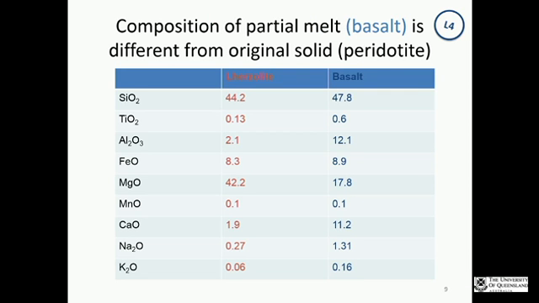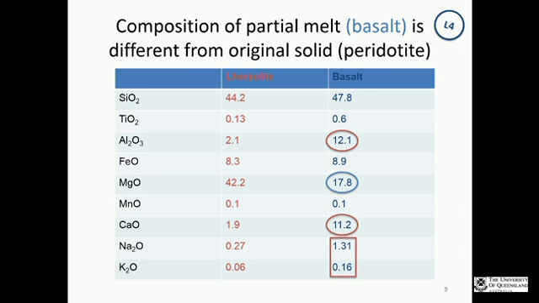And this explains also why lherzolite, which is the original mantle rock, and basalt, which is the partial melt, are different in composition. So in a basalt, we have much less magnesium than in a lherzolite. And as a result, basalt is mafic and not ultramafic. We have more than 10% of felsic minerals in a basalt because we have less magnesium in it. And we also have more aluminium and more calcium than in the original Earth rock, in the lherzolite. And very interesting, we also have more sodium and potassium than in the original